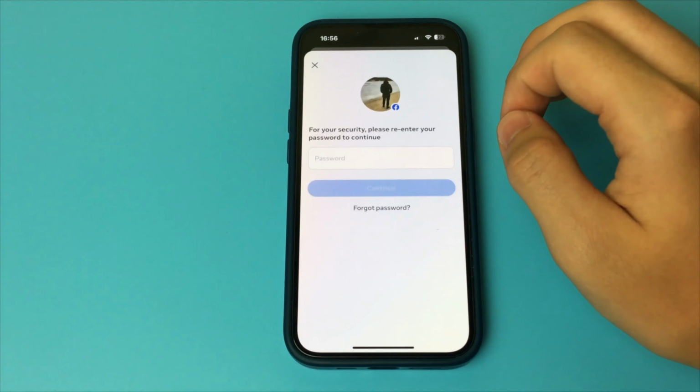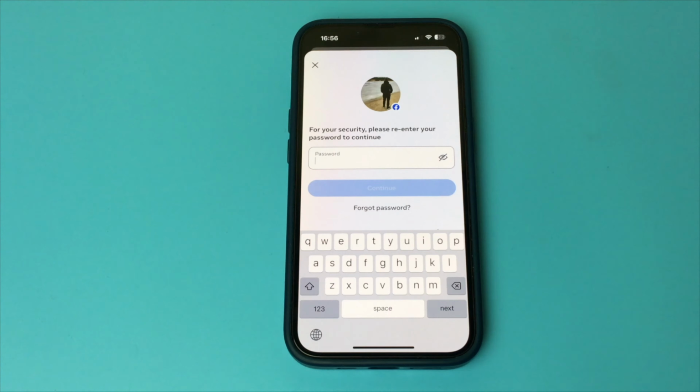Next, we need to select one of the items. I would suggest choosing the topmost item, which says that you will get your account back later. We click Next. Below that, we'll select how long we want to deactivate our profile. Click Next again. And after all these steps, we completely log out of our Facebook, and as soon as we log back into our account, it is activated.